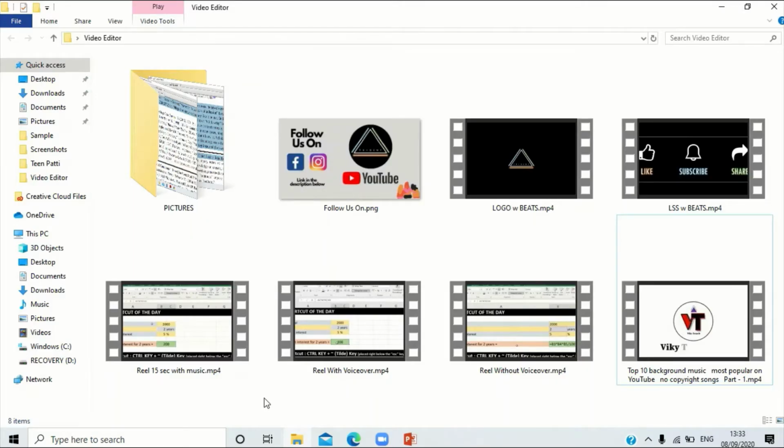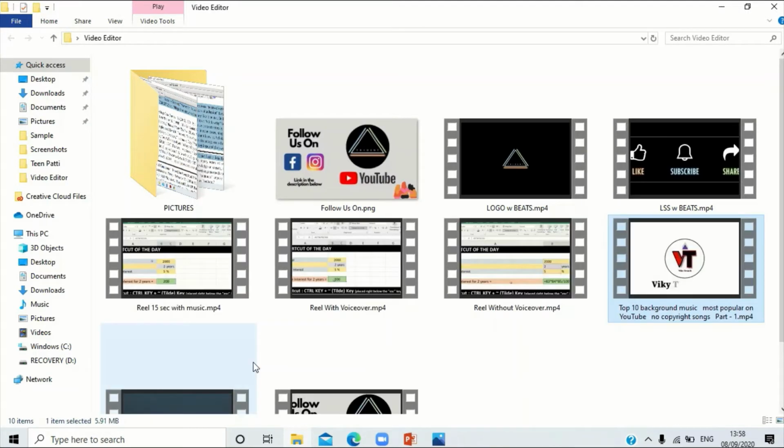Hello everyone. Today we're going to learn how to use the default video editor which is present on the Windows operating system on your PCs and your laptops. So let's move forward with it. And one thing before that is that we've used this video editor for editing all our videos up till now, and we will be using it further because the quality of the video is retained in this editor, and it does not in any way harm the quality or lessen the quality that the video was initially recorded in.